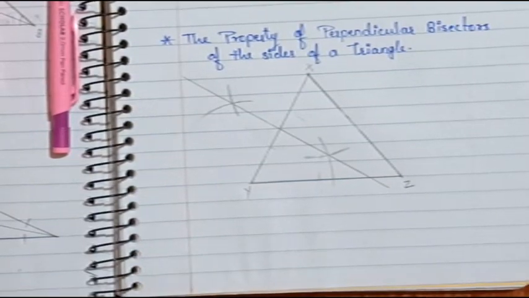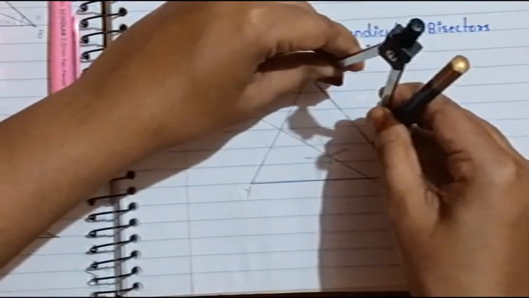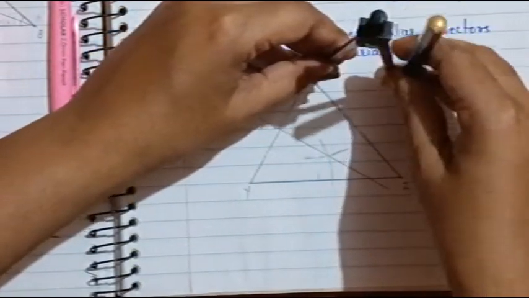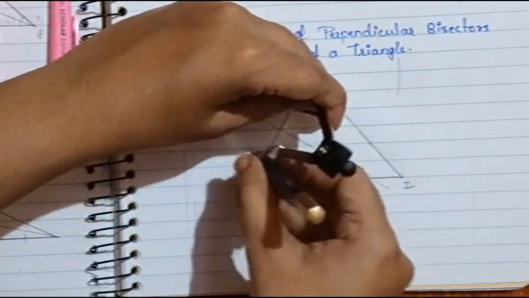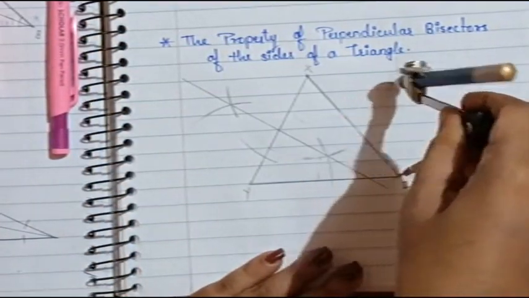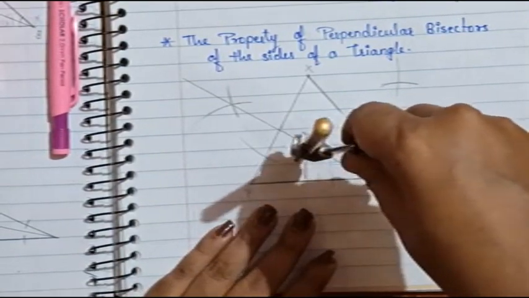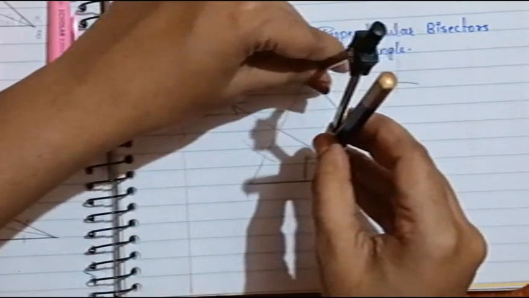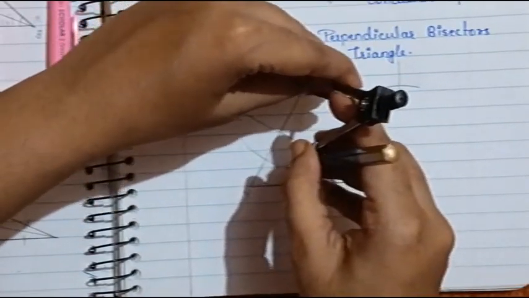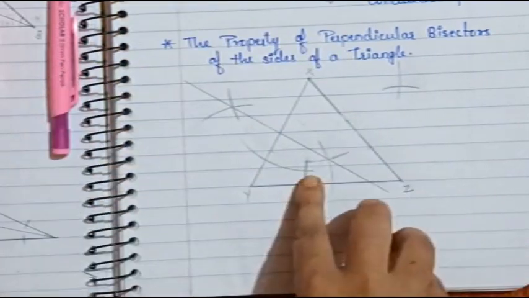So students, I have erased that one. We'll take another distance. Okay, this is more than half, suppose over here. Then we'll make an arc. One is over here and one is over here. Then from here, one is from here and the other one is here. First we'll join it. Okay, so you all got both the arcs here.